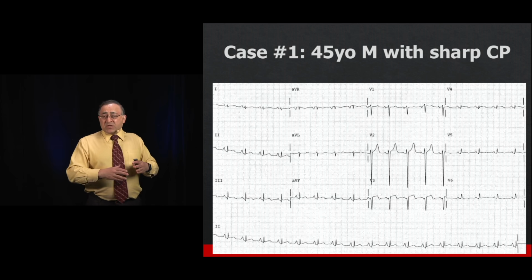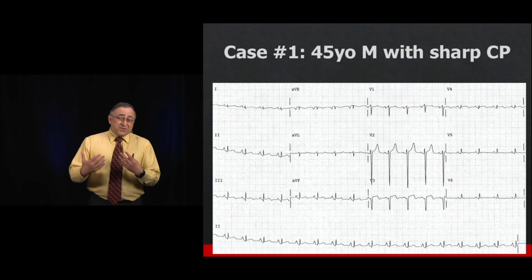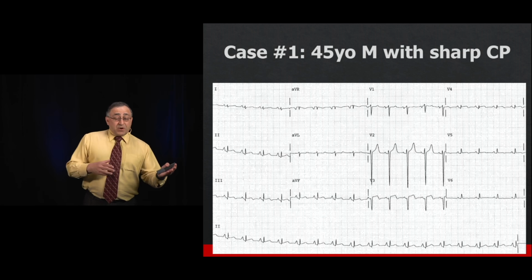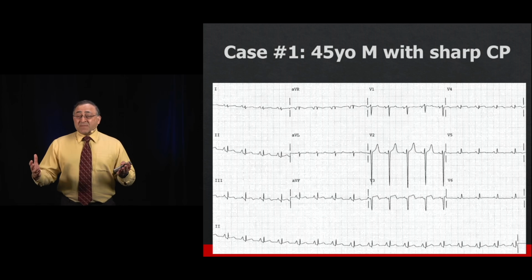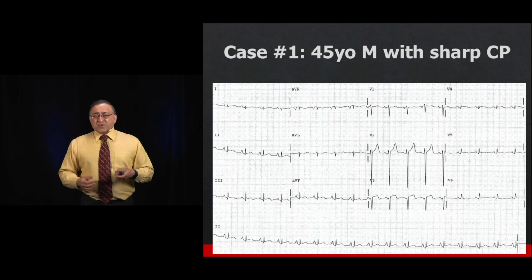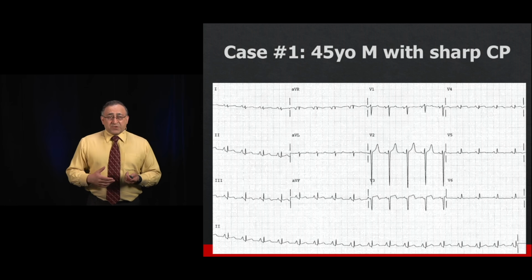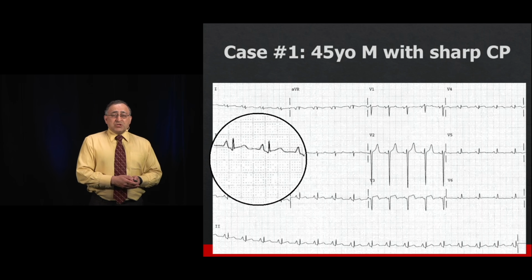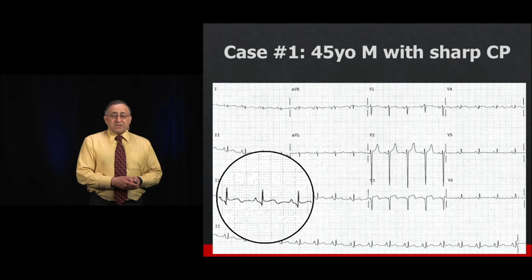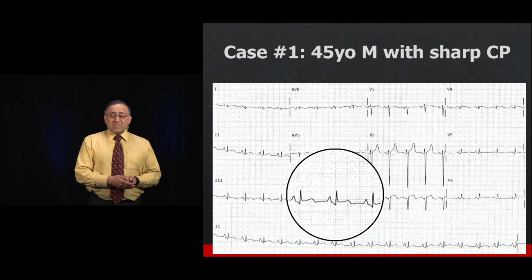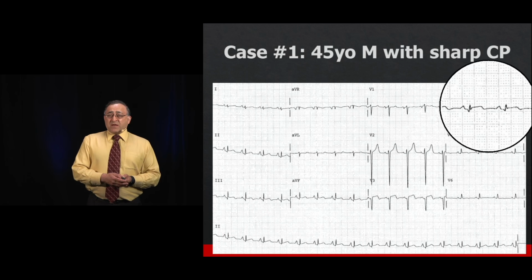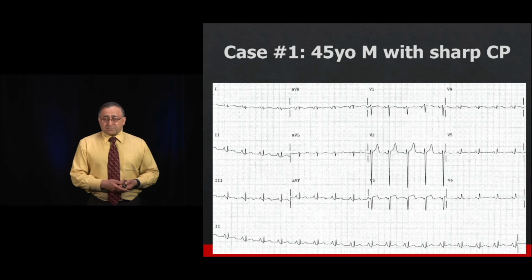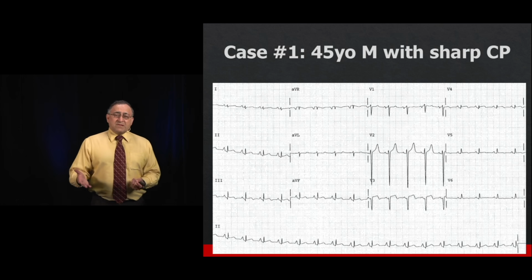When you see ST elevation in multiple leads in the setting of some concerning chest pain, sharp chest pain in particular, you might be thinking, well, this could be pericarditis or it could be a STEMI. How do you tell the difference between these? One of the things that people are taught to look for is PR segment depression. If you look down there at leads 2 and 3, you see some nice PR depression, in aVF nice PR depression, and also in the anterior leads and maybe just a little bit laterally as well. The computer calls this